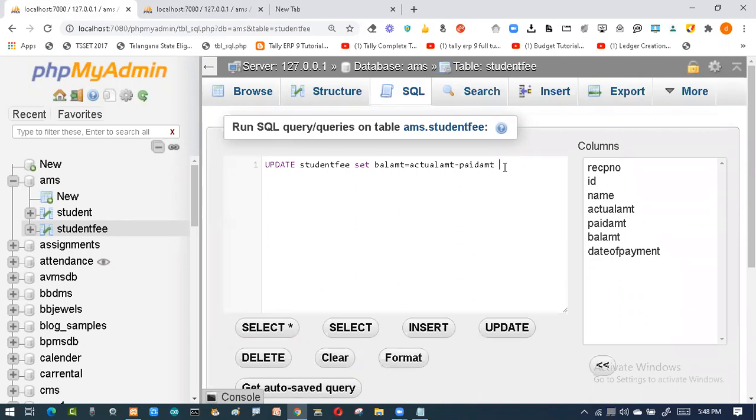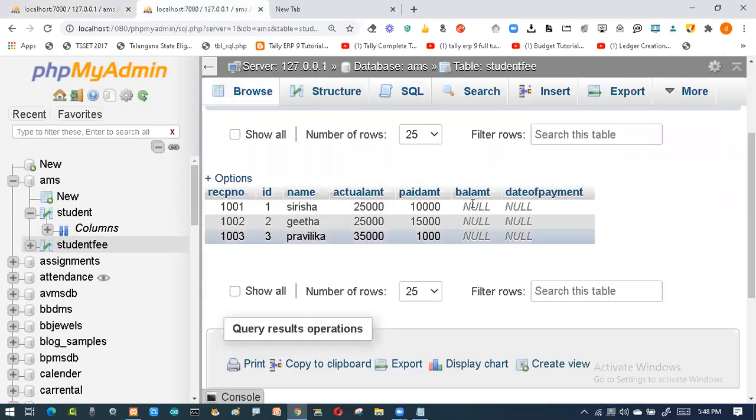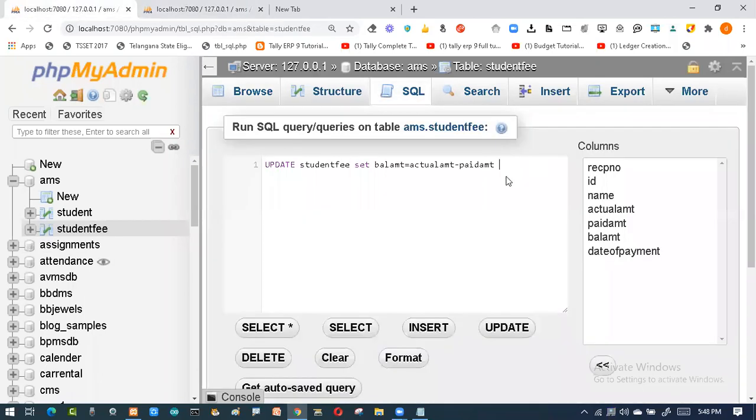So the complete syntax, when you write in the exam, you have to write the complete syntax. Depending upon the scenario, you have to write the example. So this is a scenario. It demands that this balance amount should be calculated for all. Now you can say, "Sir, give me less than 1 minute, I will give the output." What is the balance amount?